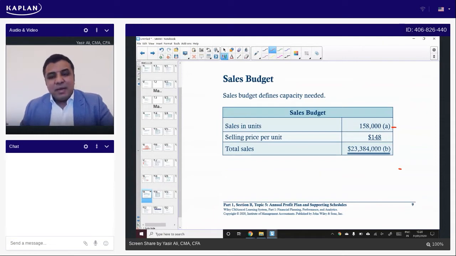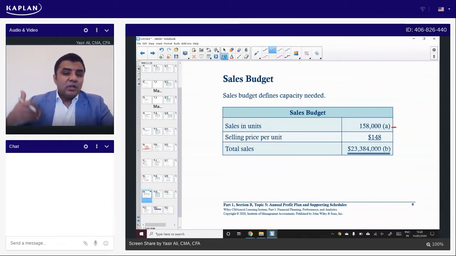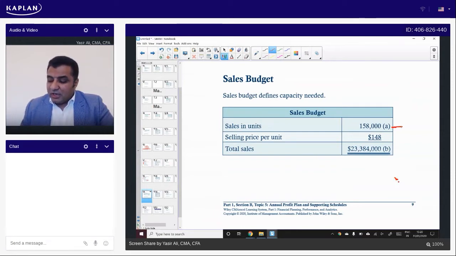So this labeling A, B, C is to keep track of that. Now, let's say you have all agreed on budgeted sales for a coming period. That time period is a planning period or budget period. Let's assume it is 1 year. Let's say this is a manufacturing organization, and its managers have agreed on a sales target of 158,000. That is simply what we call budgeted sales in units, or budgeted sales